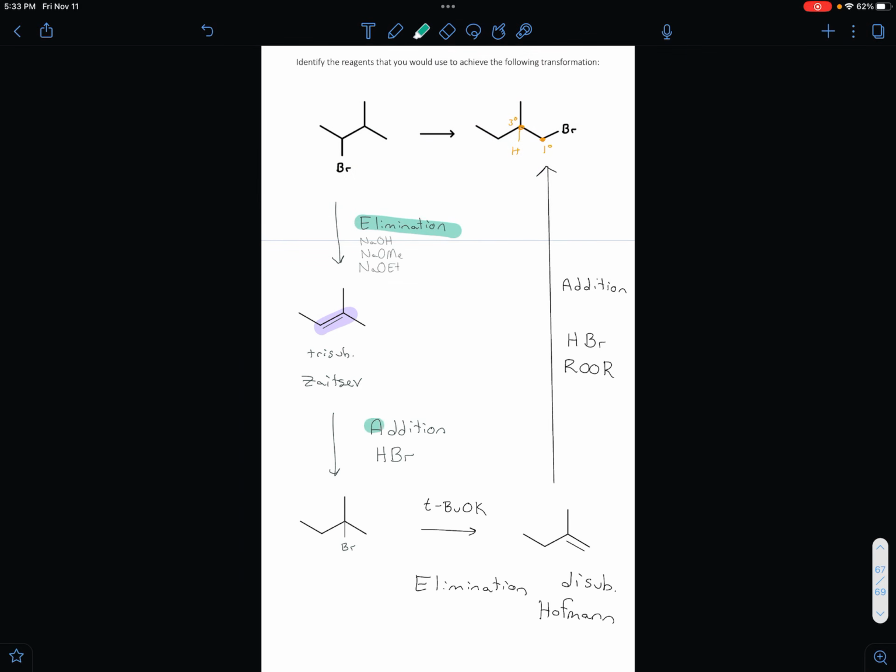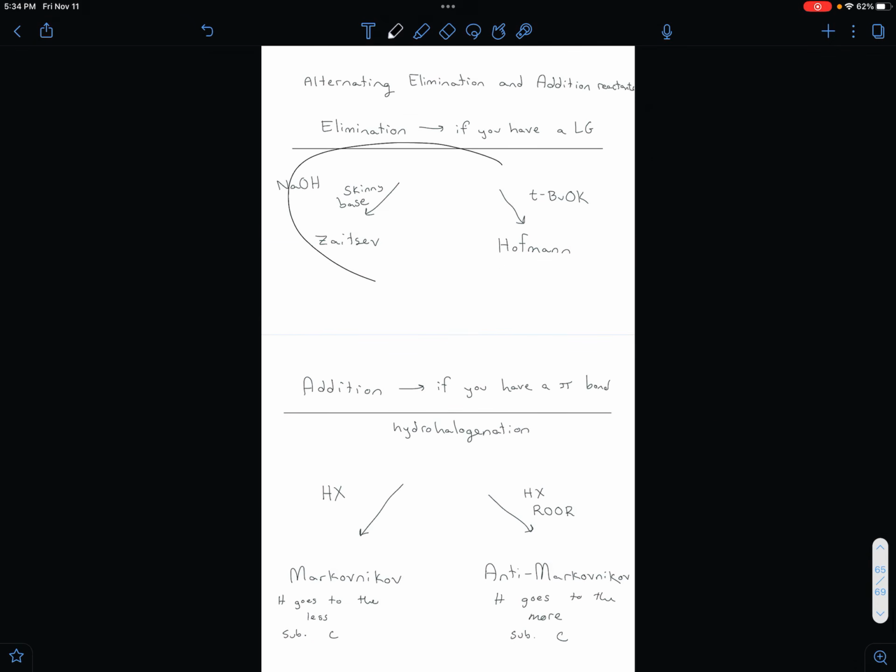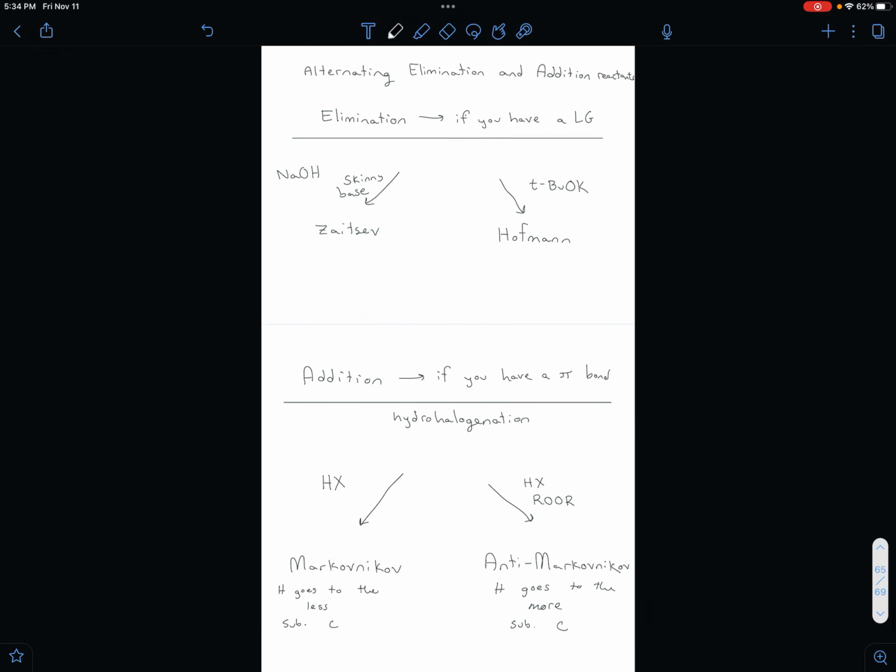So notice a couple patterns here. This is alternating elimination and addition reactions. First you do elimination, then addition, then elimination, then addition. You control where the reactive part of the molecule goes by using skinny or bulky bases in the case of elimination reactions, and by using peroxides or not in the case of addition reactions. For elimination, you're thinking about the Zaitsev or the Hofmann product, and for addition, you're thinking about whether you want Markovnikov or anti-Markovnikov addition. Notice all of the addition reactions were hydrohalogenation,